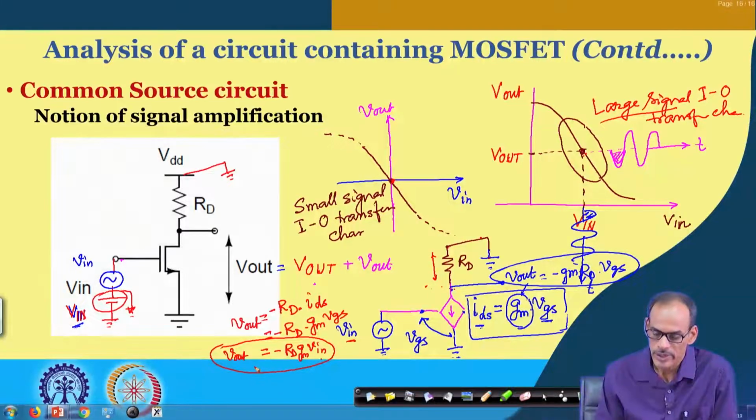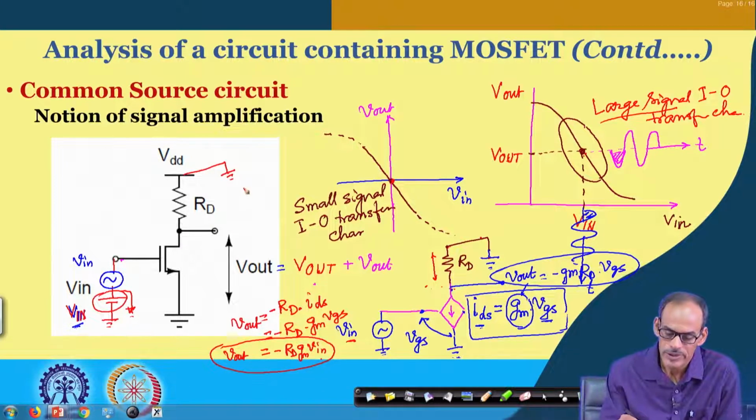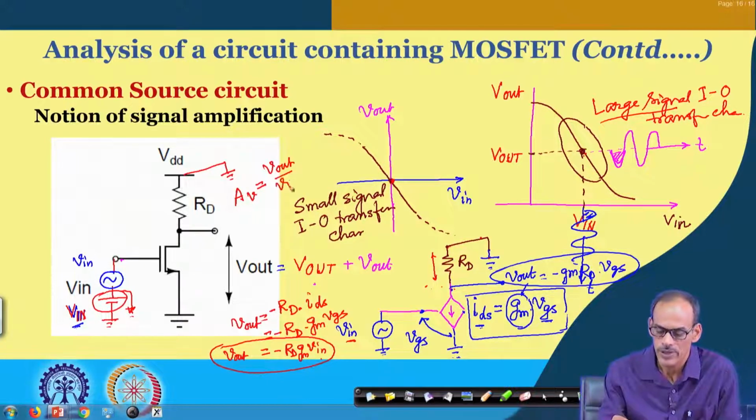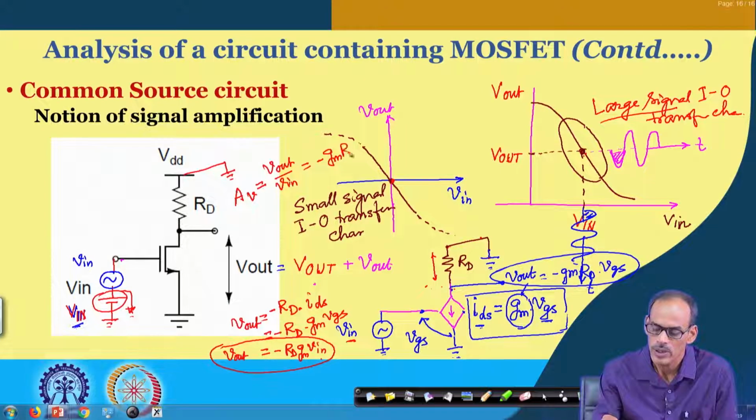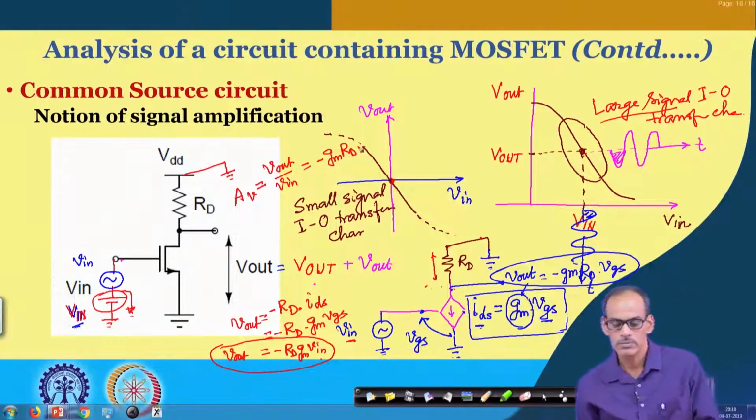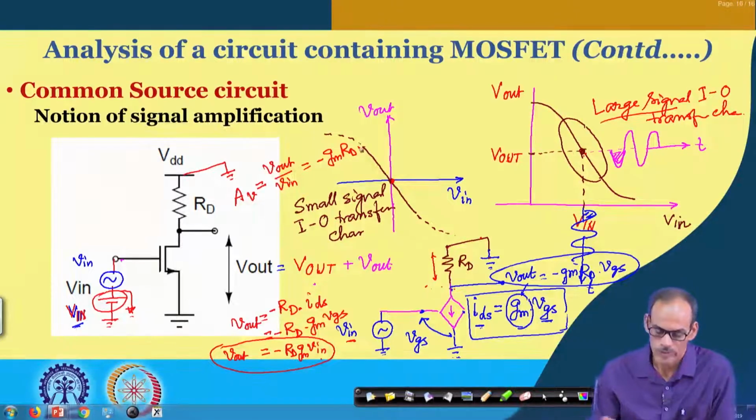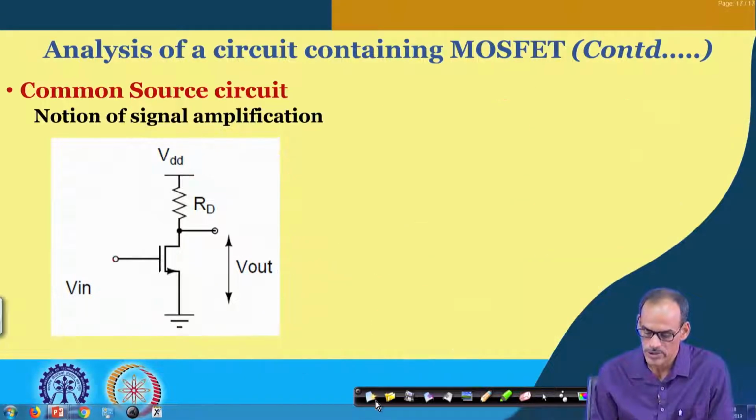At least we understand that the gain of the circuit, namely voltage gain defined by V out by V in, equals minus G m into R d. So, let me wipe out this slide and discuss with neat